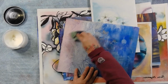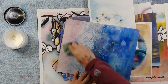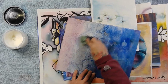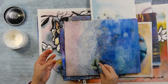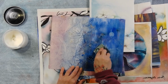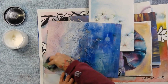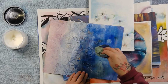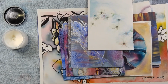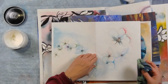I am so past exhibiting. I don't mind doing markets, and I've got a couple of contacts in shops to sell my cards and things. I don't bother waxing cards unless it's got some media on it that's going to come off on someone's hands. Like if you've used pastel on something like a card and you don't want it to come off on the consumer's hands, then you could seal it just like this one, because you don't want them to have an experience where they're picking up your card and then discovering that they're getting media on their hands. So you could seal it. Having said that, fair warning, I reckon the sealer would,